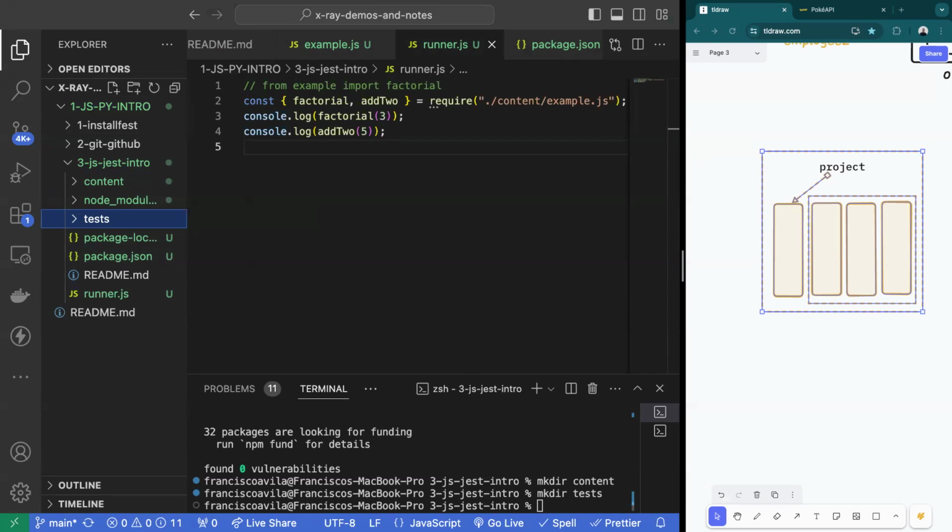Oh, does a version of JSON matter? I noticed that it came up as version. Do we have to keep that in mind, or is that not a big deal, at least for us? Yeah, that's a great question. So version's going to matter once we start working in our bigger projects. Depending on what you're working on, you could work with an outdated project. Let's say you get hired, you get thrown into work, and they tell you, hey, we want you to bring this one project up to